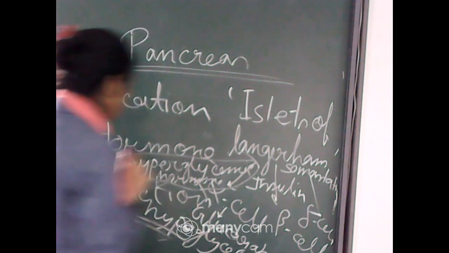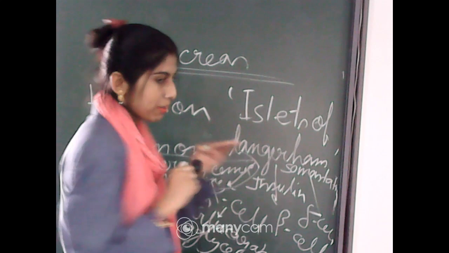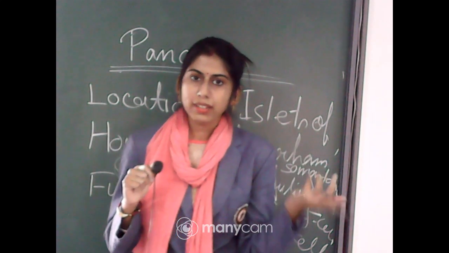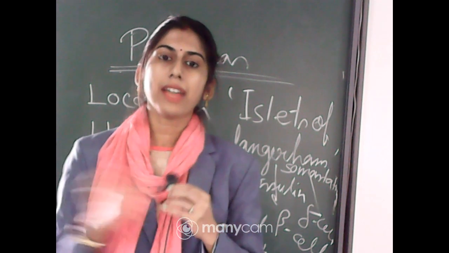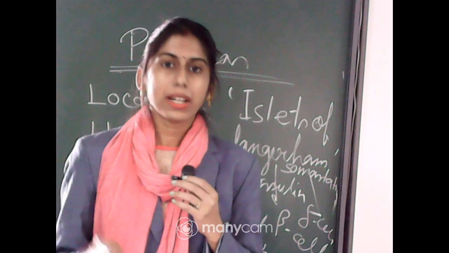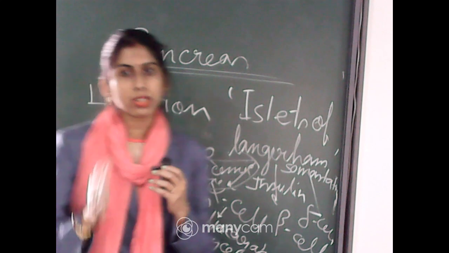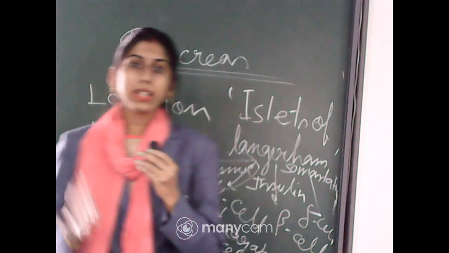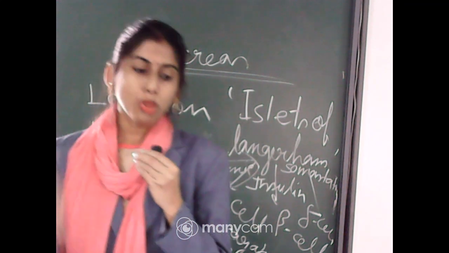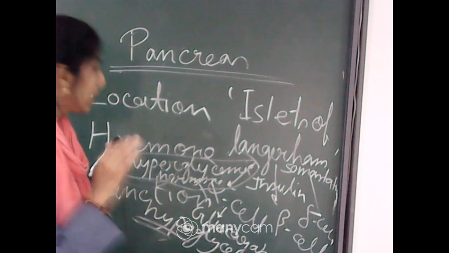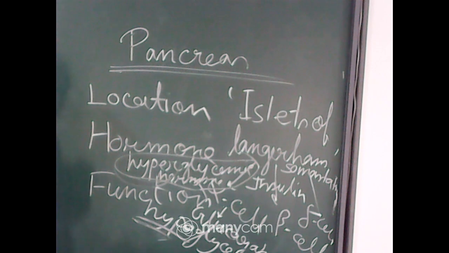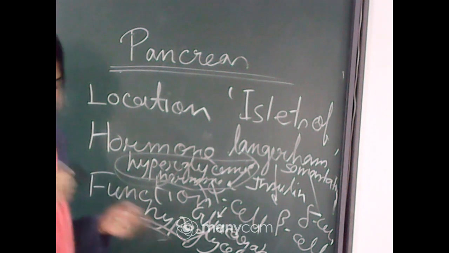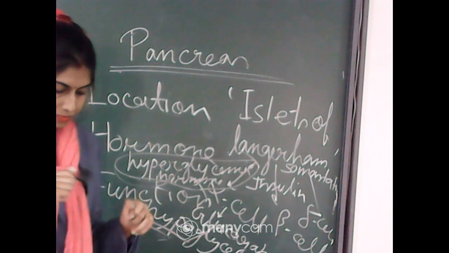Whenever the amount of glucose is high in the blood, one hormone will act, and if the amount of glucose is low in the blood, then the other hormone will help to break down glycogen and pass the glucose into the blood. From this you can understand that these two hormones play the main role in maintaining the glucose balance in our body. These two, insulin and glucagon, work jointly.